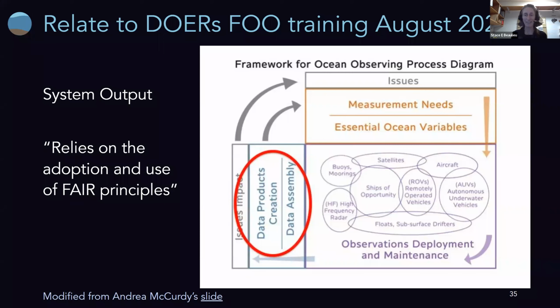And I saved this slide because Andrea provided this slide, the process diagram for the framework, and she circled the data product creation and data assembly, and said these steps rely on the adoption and use of FAIR principles. So I just wanted to say, we're trying to relate the training across all the years of this project.